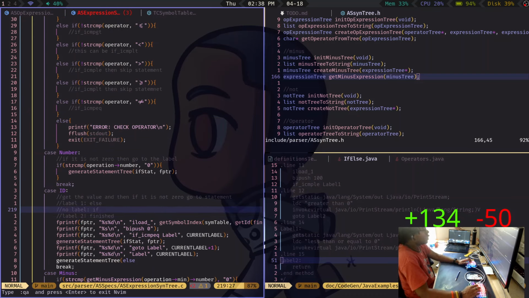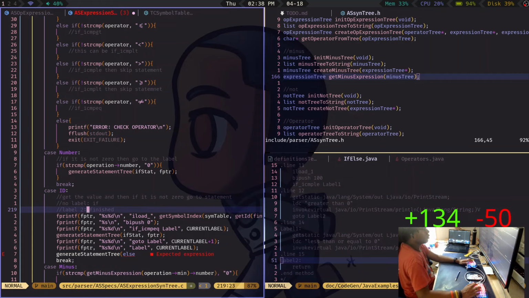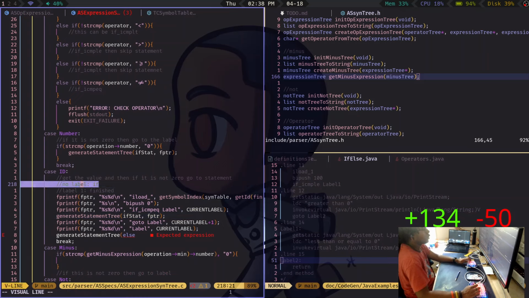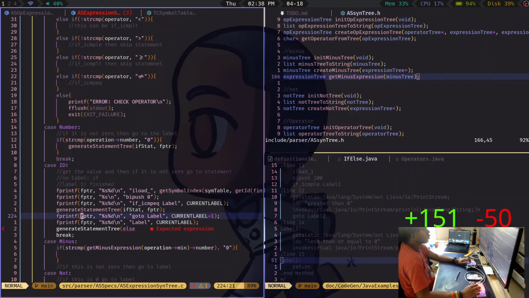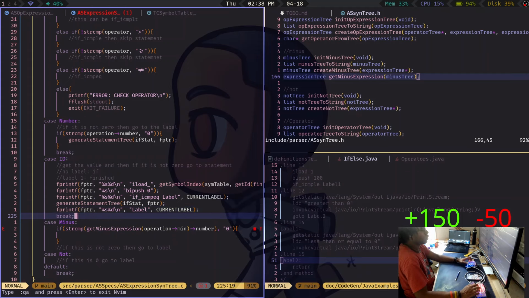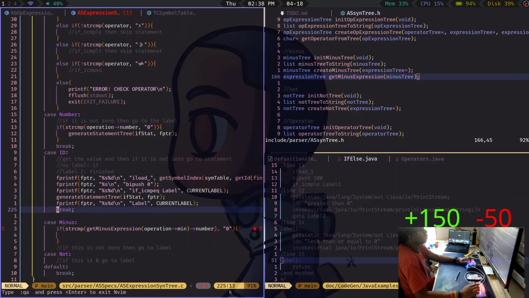So we have no else, so this will be label 1. But if you have no label, then you go here anyway. So you don't need the go to at the end. So if you compare, then you go to current label. But you don't need this. Equal, go to the label, generate that. And there you go. That's it. It's a lot shorter.